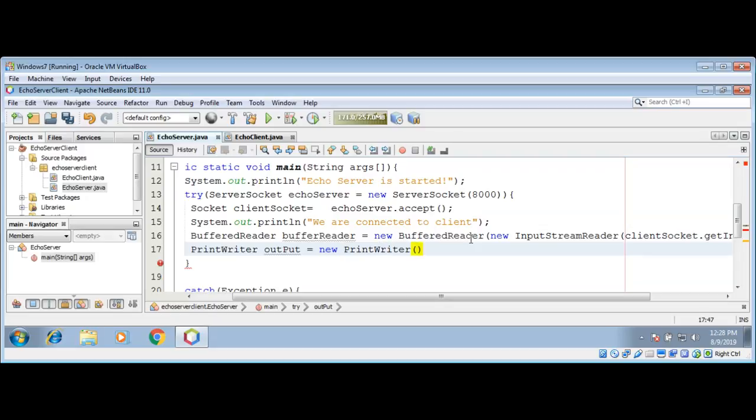We need this output stream to write back to our client. Whatever message the client sends us, we will echo back to our client. So in the print writer, I'm just gonna call client socket get output stream